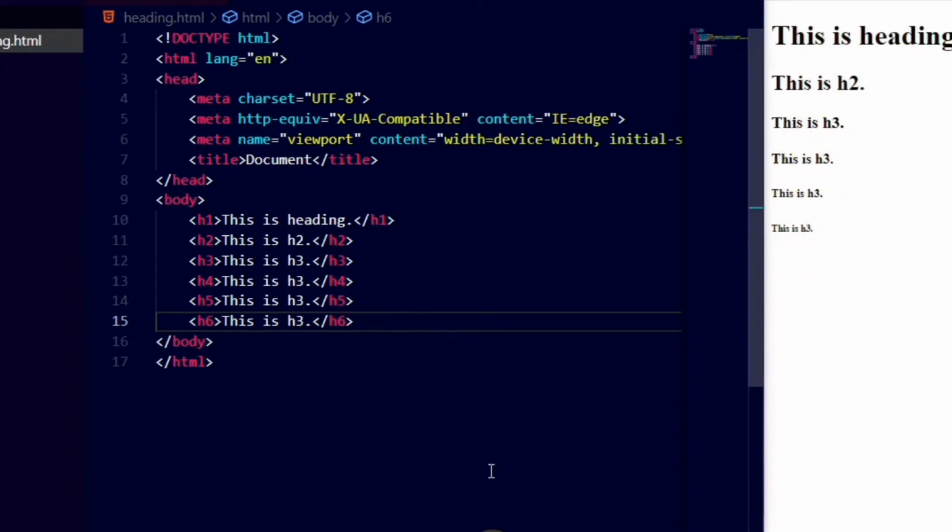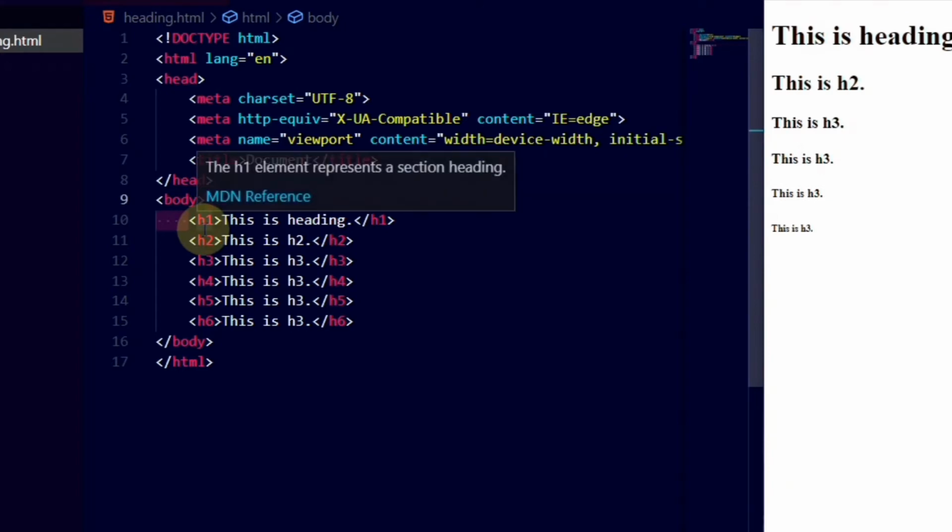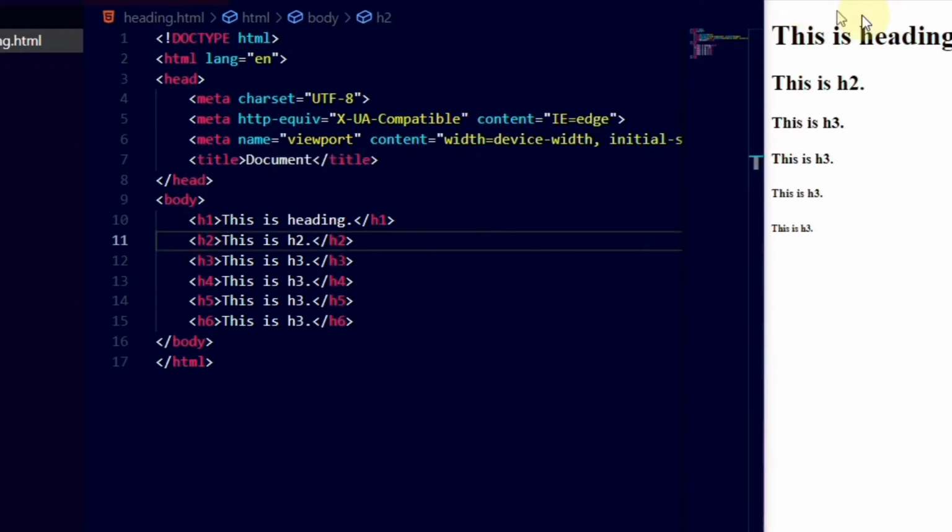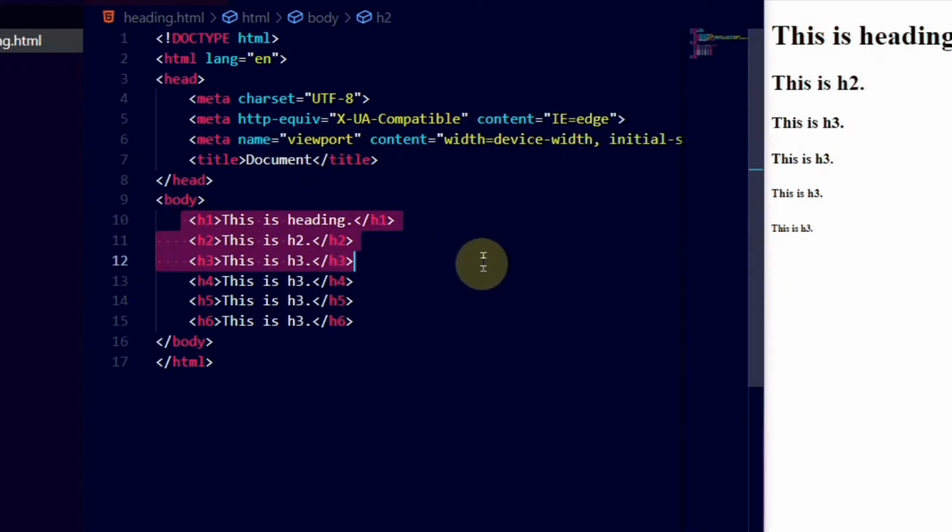Okay, so if you're writing any heading, then you can use any of these headings, and if you write another heading after the heading, then use the less important heading. For example, if you write something in H1, and there's going to be another heading following that previous heading, then you use H2 so that it is a less important heading than the previous one. Okay, so these were headings, and if you want to get more information about headings, then what you can do is,